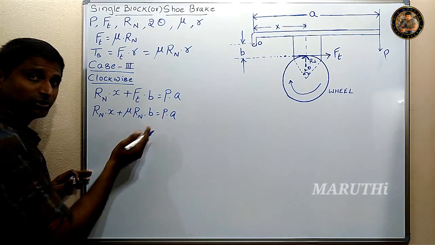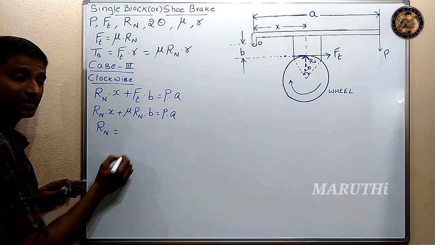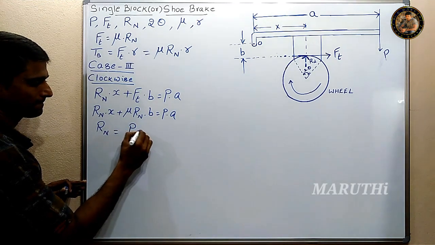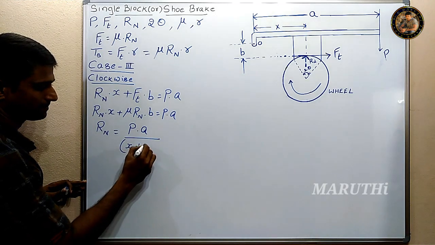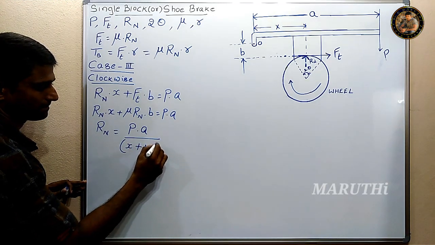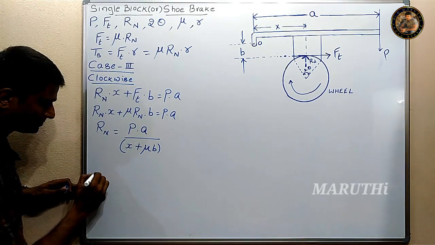So taking Rn to one side, Rn equals P into A by (x plus mu B). So substituting this here, the braking torque equals